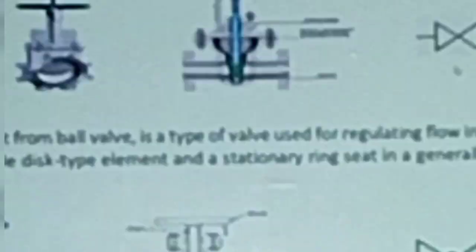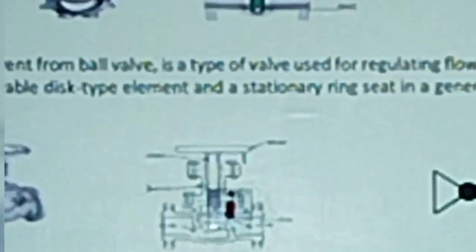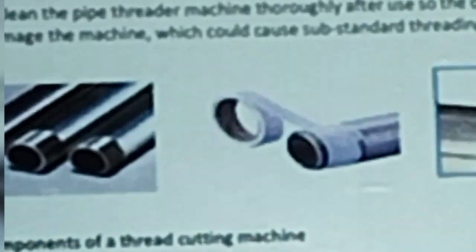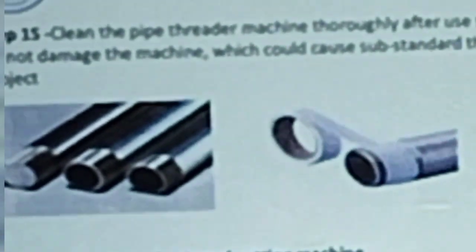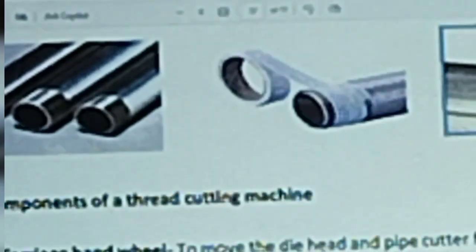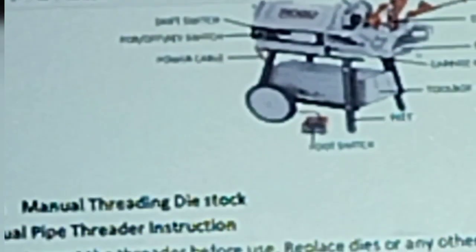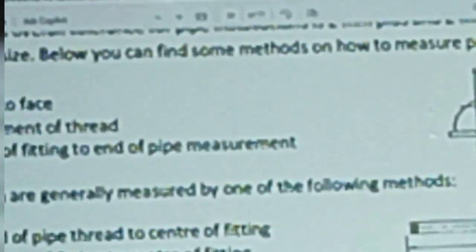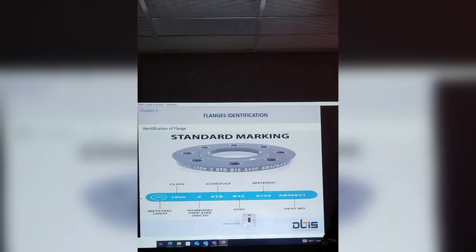We need to see the valve symbols also. This one is very important. We'll see it afterwards. Before that, I will show you this. This is called thread pitch gauge. By using this, we can identify how many threads are there. In gauges, we have too many. We will discuss this after lunch. We will discuss threading because most of the questions are from threading only. This one is most important.